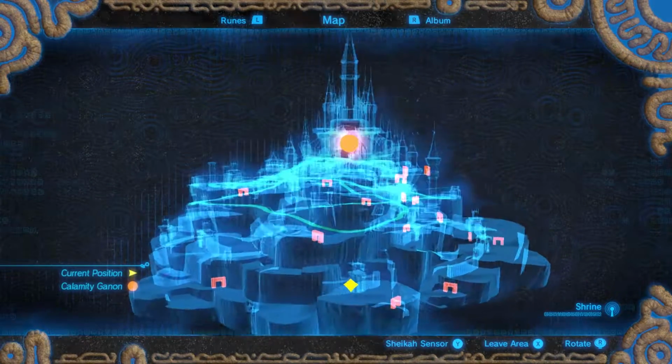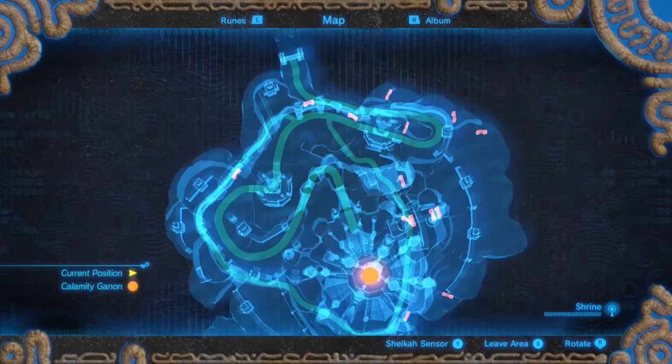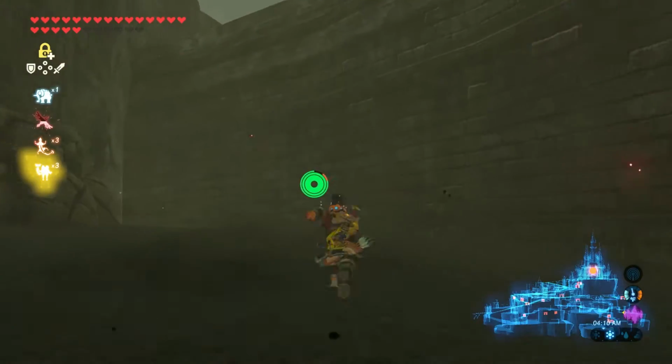I'm not in the castle yet. I guess all of these little red marks are ways to enter the castle or something. Maybe they're guardians. But the actual mark I had on the map indicated that it was toward the back of the castle. And while I wish...